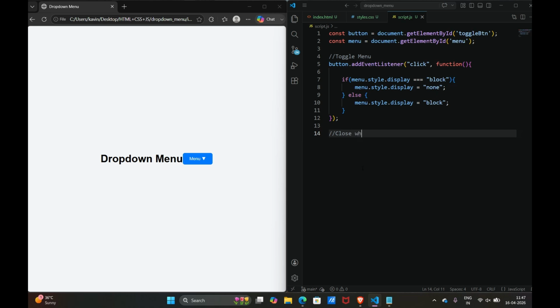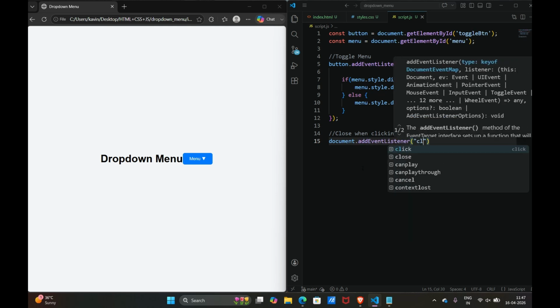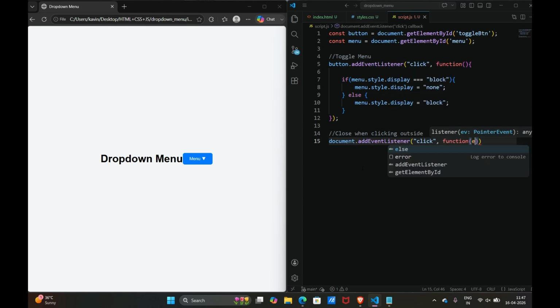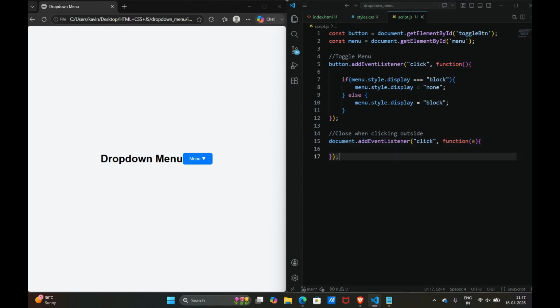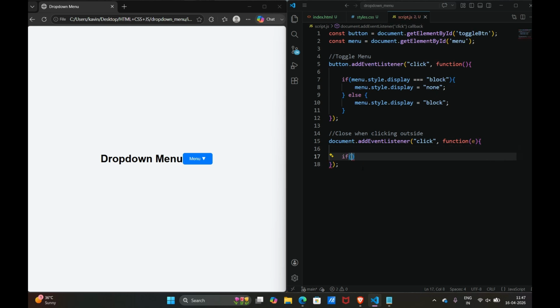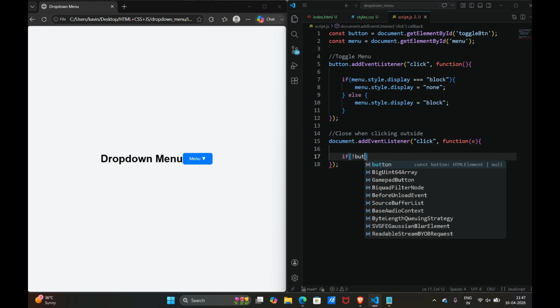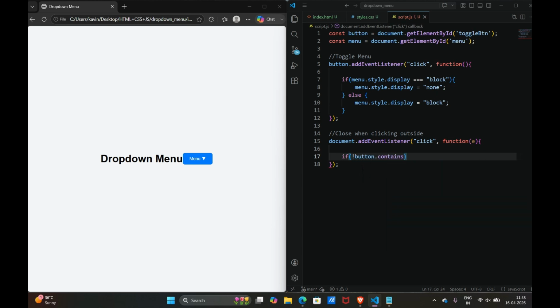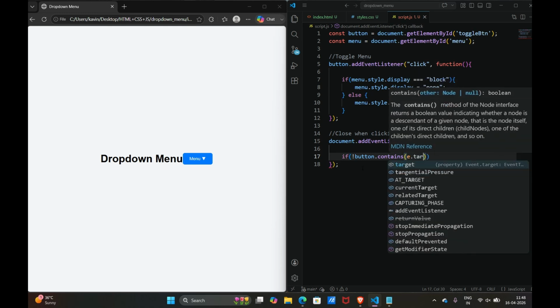To close when clicking outside of the toggle, we should select the whole document, and give an addEventListener. The event is click. Inside that, give a function with the event, and inside that function, add an if logic. That means if the button is not the target, the button does not contain e.target,